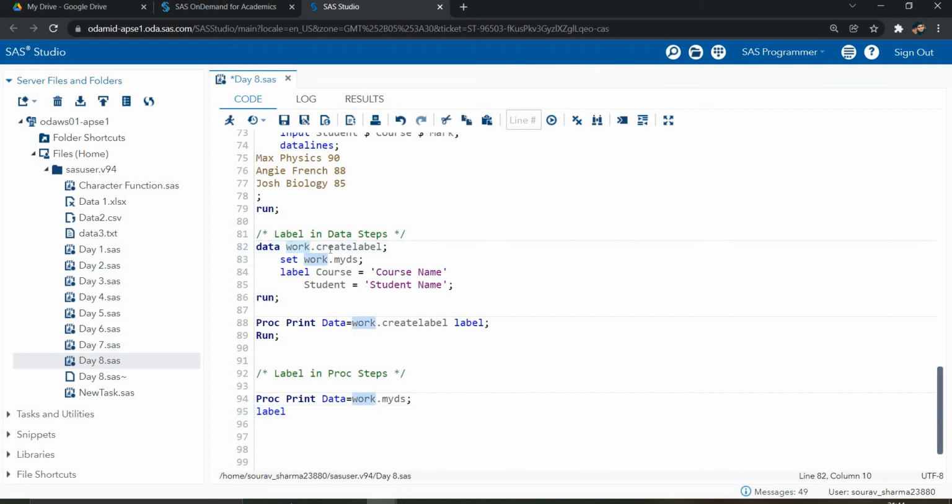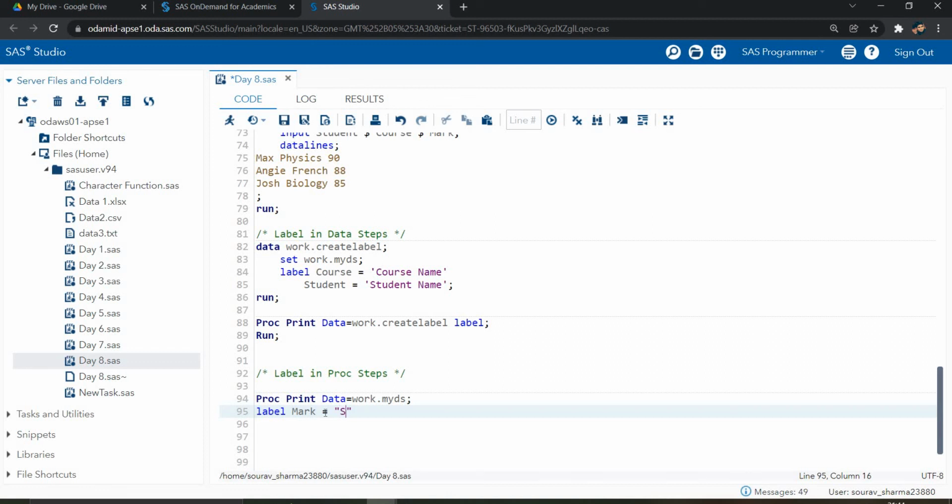Now here we are not creating a new data set, we are modifying only the output of my data. Same, my ds data will be there, but I'm modifying my output. So same, we are using this label statement. We have the marks also.